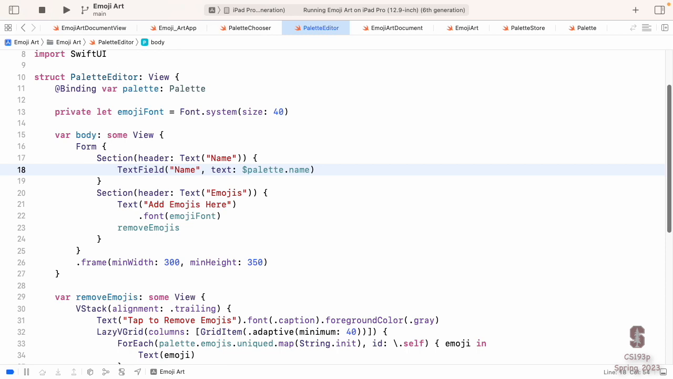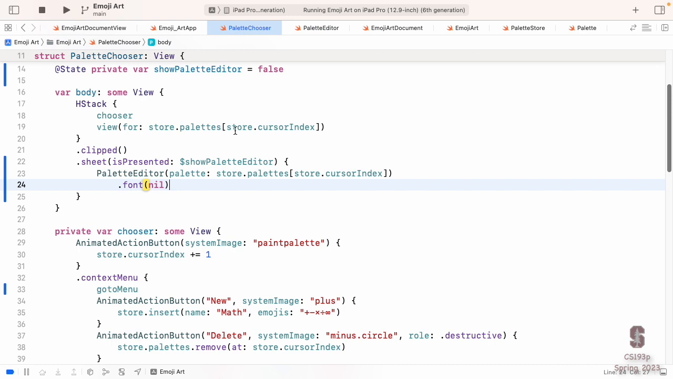So $palette.name here means a binding to this palette, which is going to be bound all the way back to our view model. Now our text field will be editing the palette name directly in the view model. You can see these $ signs, these bindings are flowing through our view system. So now back in our palette chooser, you can see we're getting an error here because this is supposed to